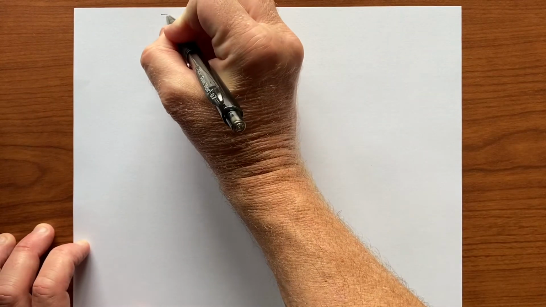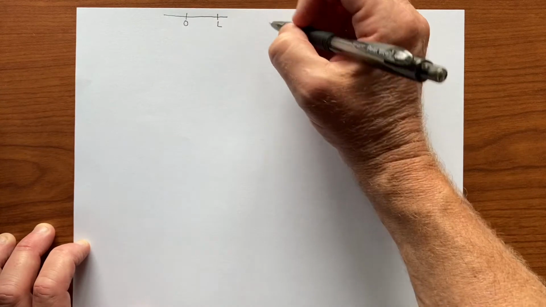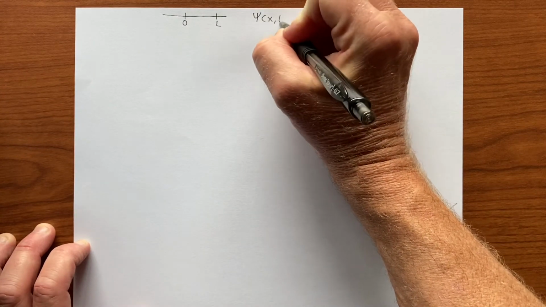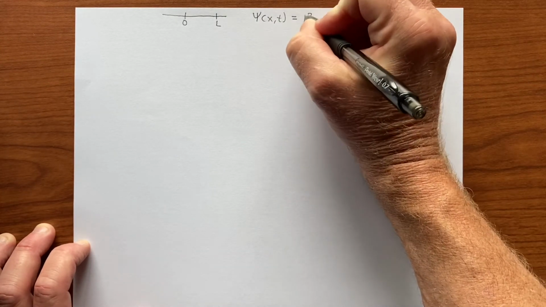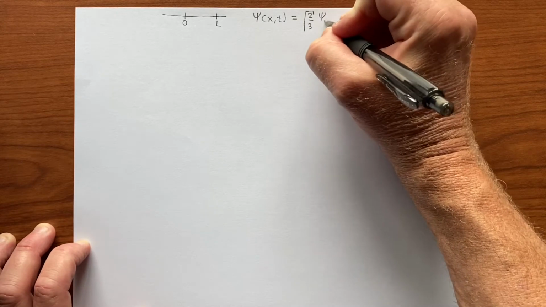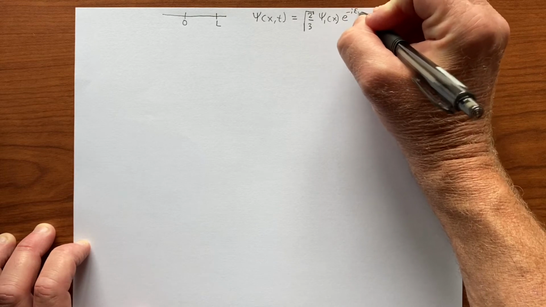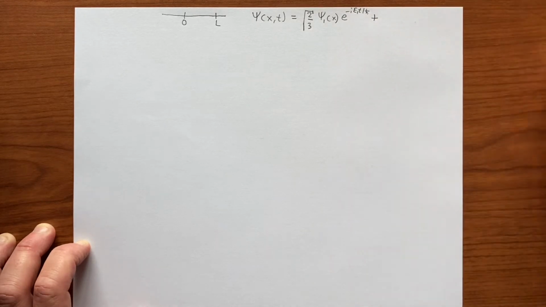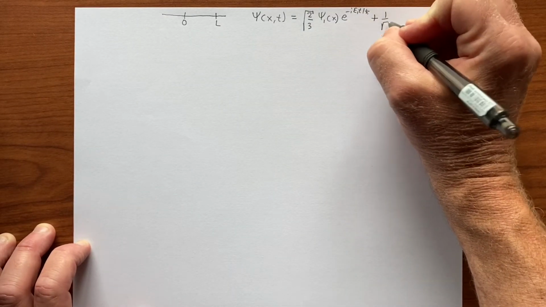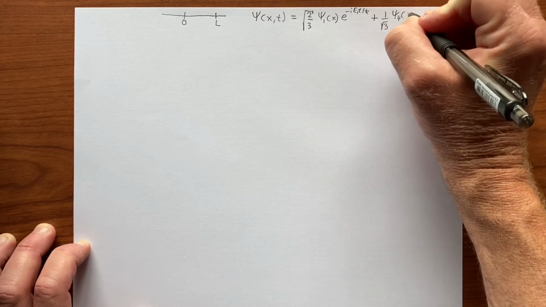Let's say that we have a particle that is forced to live between x equals 0 and x equals L, and that it is in a state psi of x and t, which is a weighted superposition of the ground state and the third excited state, or n equals 4, so psi 4 of x,